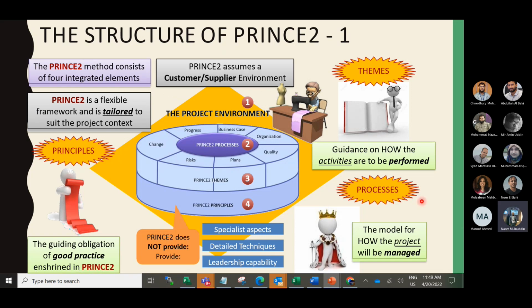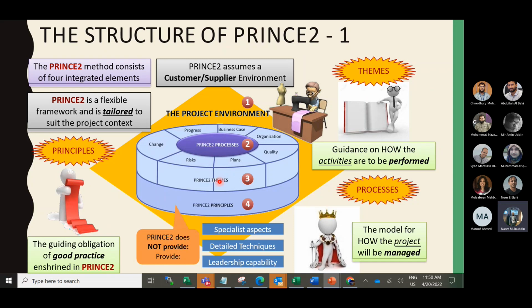So Prince2, if you see, has 4 integrated elements, and Prince2 assumes a customer supply environment, and this part is the project environment where you are going to implement Prince2. And if you see this circle, the Prince2 processes, what are the processes there?